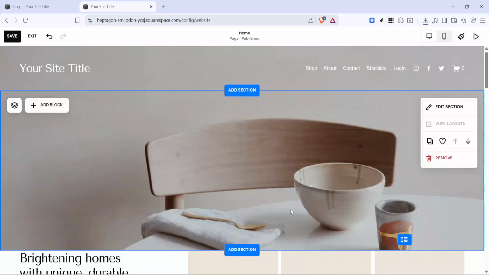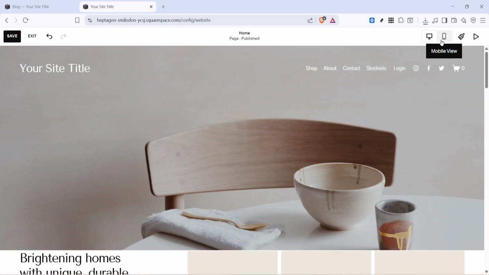In today's video, I'm going to teach you how to change mobile font size in Squarespace. We'll keep everything inside Squarespace's design tools and use the built-in mobile preview so you can see changes exactly as your visitors will. First, switch the editor to the mobile view by clicking the phone icon at the top of